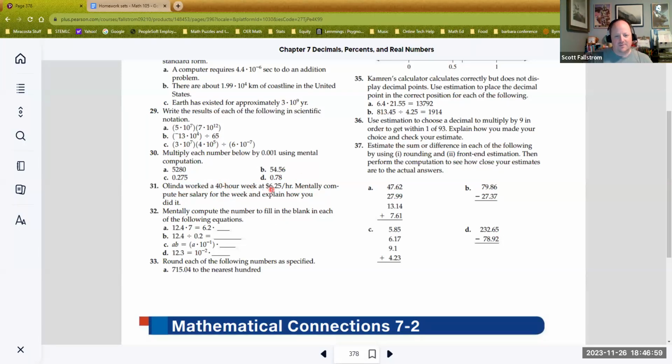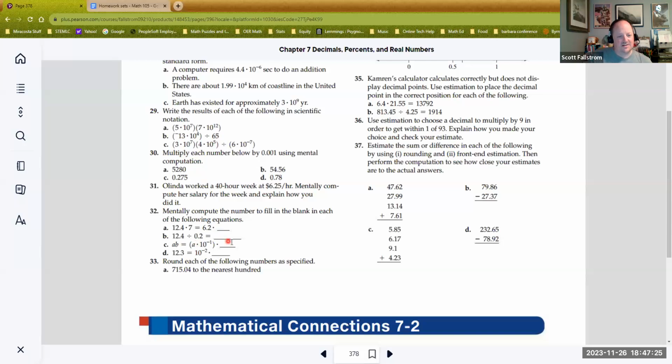Multiply 40 hours a week by $6.25 an hour. That is not good, right? That wage is not going to be good. That's below pretty bad minimum wage. But you could still do the process, especially when you think about the 0.25 being 1/4 of a dollar. Mentally compute, and this is the idea of rewriting multiplication so that you get the same result,